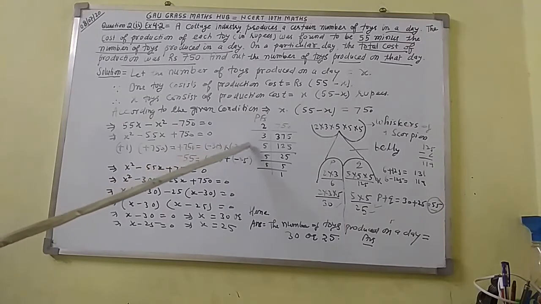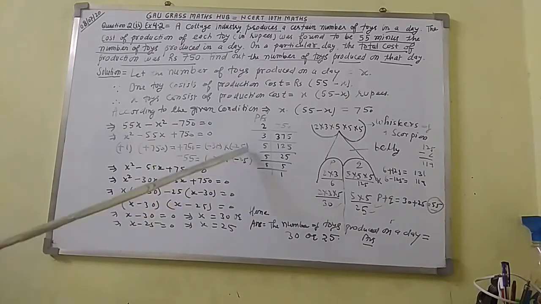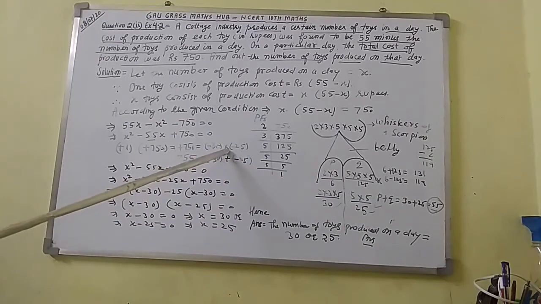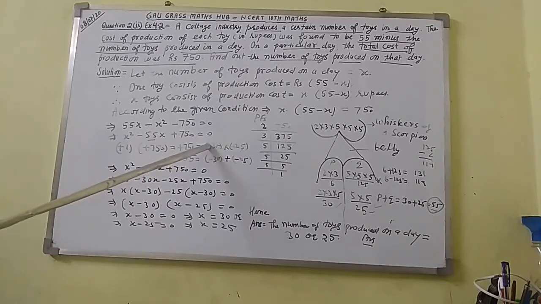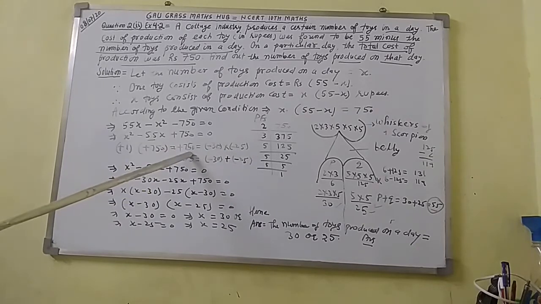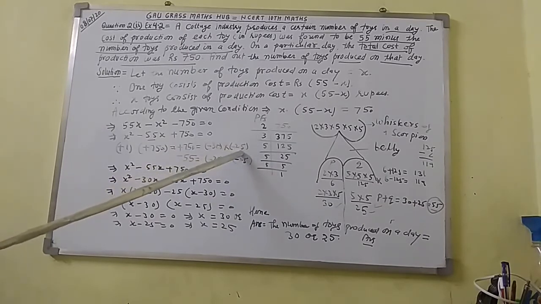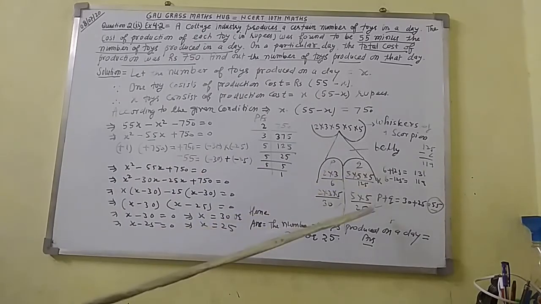I have made boxes like this. Inside the boxes, what shall I put? In the first box I shall put here 30. In the second box I shall put 25. Now here multiplication sign is fixed here. Just do the operation. If you put here minus, minus will multiply together, will get here plus, and 30 multiplied by 25 will get here 750. This 30 and this 25 I have got from this place. P equal to 30, Q equal to 25.